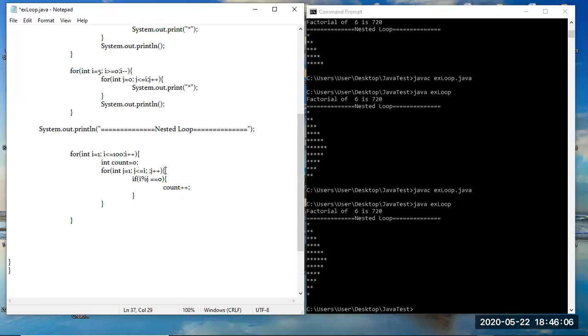And at the end of the first loop, but still inside the outer loop, I will again check if the count value is less than or equal to